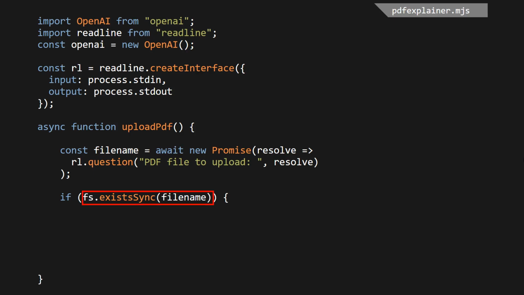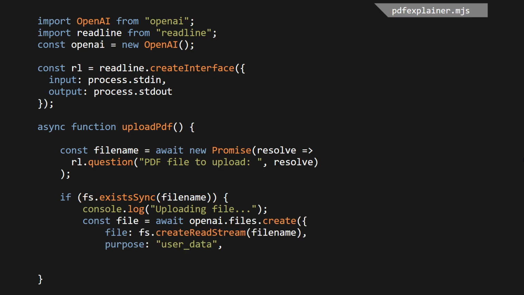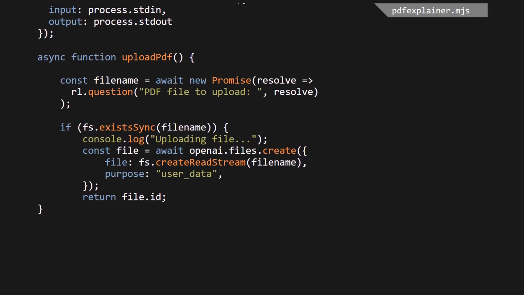If the file exists, we use OpenAI's Files API to upload it. The call returns a file ID, which we return here. Else, if the file does not exist,